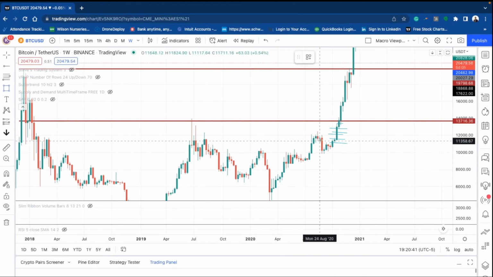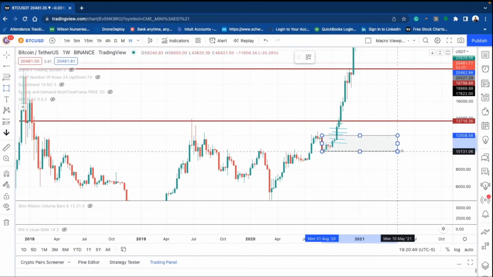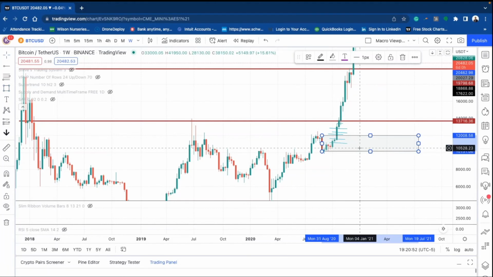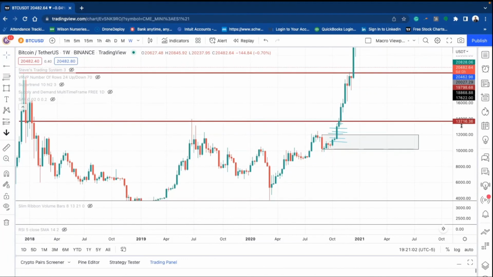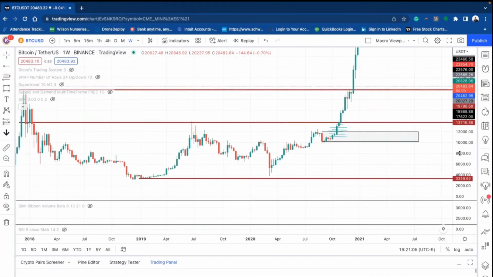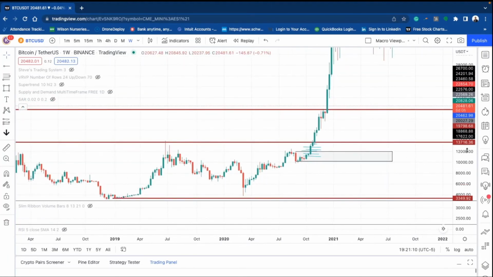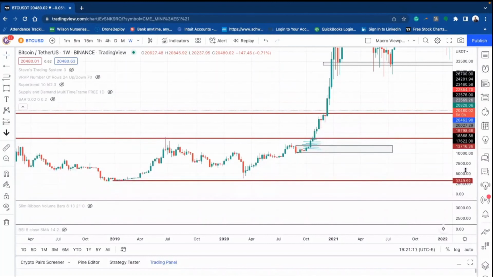A lot of inefficient price action down here, and you've got some demand down here. You can either call it this, or you can call it this last down candle right here before a big upswing. So between 10 and 12K, if we got all the way down there within the next 3 to 6 to 9 months, I think that would be one of the best buying opportunities of our lifetimes. Because obviously, if we're going to go down in Bitcoin, we're going to see equities fall, and that's going to give us some great opportunities to set ourselves up financially, as long as you are smart with your money on the way down,